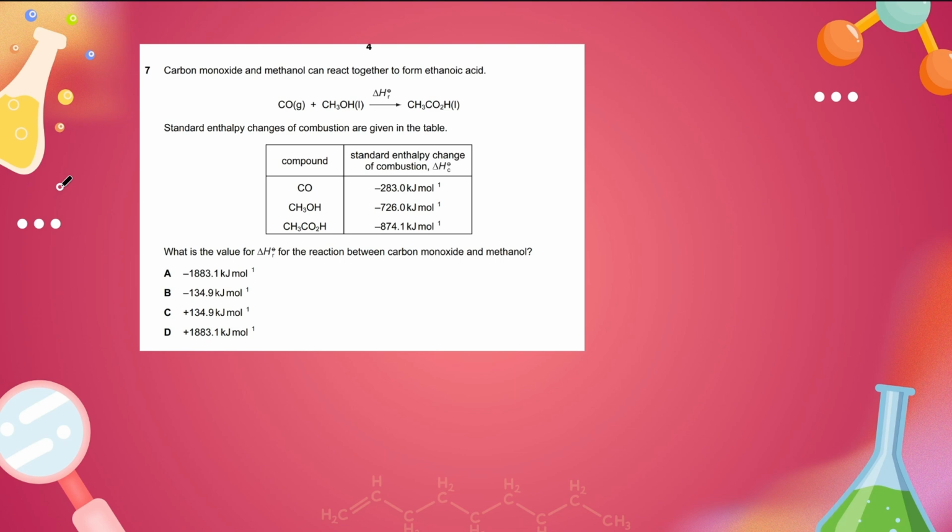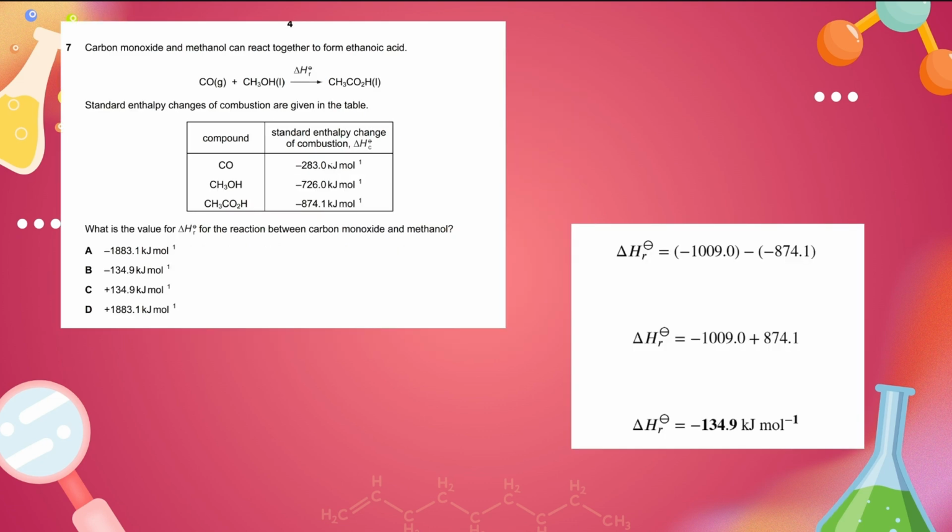Okay, next question. Carbon monoxide and methanol can react together to form ethanoic acid, which here we could see. Yes, this is the CO. This is quite easy, guys. All you have to do is, ta-da! All you have to do is just here we found